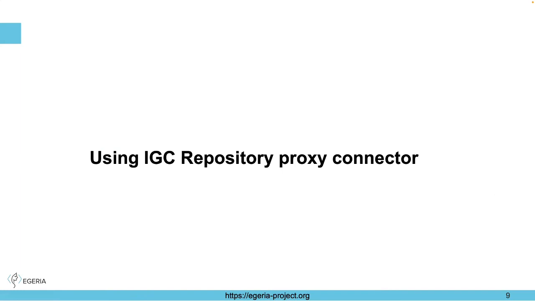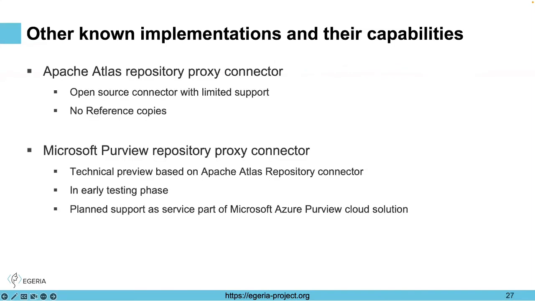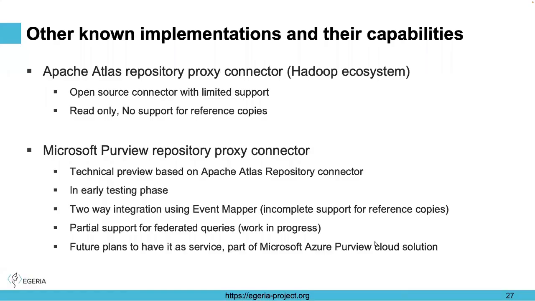Just one last remark, maybe. We can see with both patterns that Egeria accommodates quite a lot of different approaches, and since it is that generic and modular with the connectors, it allows this responsibility to be shifted towards different places or different components, and then get the best out of the integration that you're implementing. So I think this is really a powerful thing, and we are proving it here with the connectors.